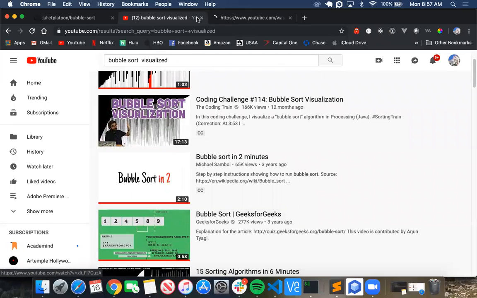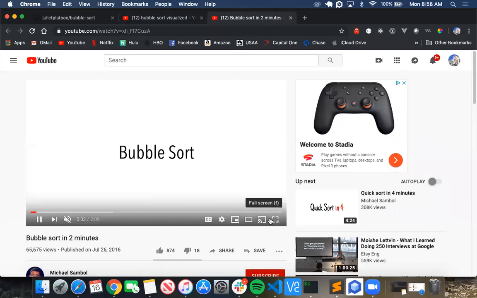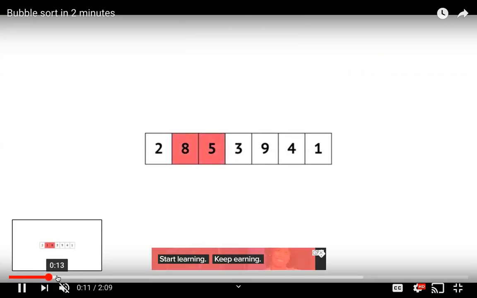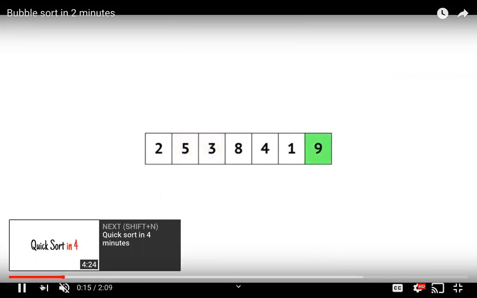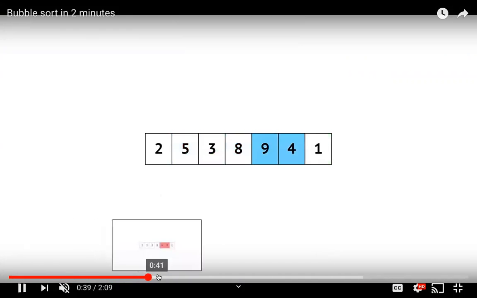It's this one. If you don't understand something, you guys can Google it. I mean, that's what we are, essentially professional Googlers of how things work. So, bubble sort